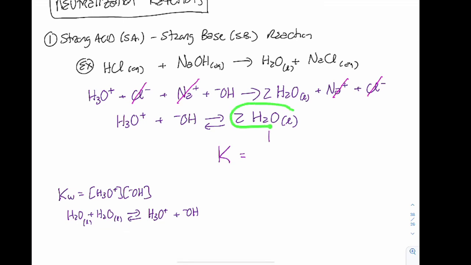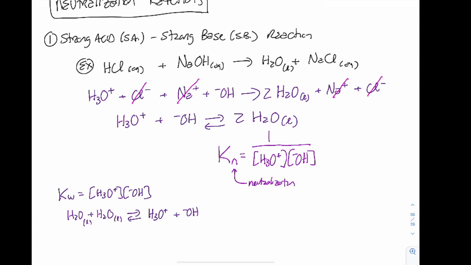Because it's always products over reactants. Products in this case is water. I'm not going to include those over the concentration of hydronium ions multiplied by the concentration of hydroxide ions. And we're going to put an N here. We're not going to do much with this, but I just want to talk about it for a couple of the reactions. So N for neutralization,